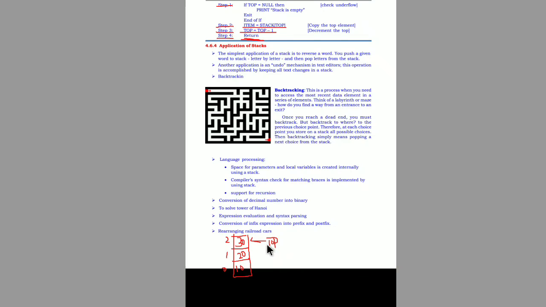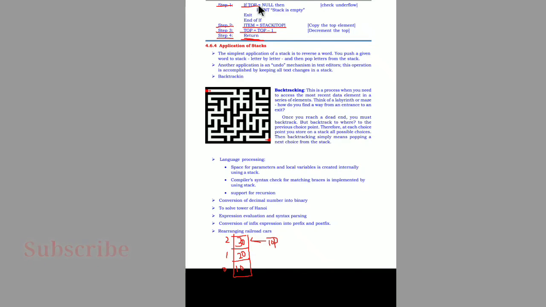So if you perform pop operation, which will be the element that is going to be deleted here? 30. Because 30 is the top element, if you perform pop operation, 30 will be the element that is going to be deleted. The lastly inserted element is 30 here, so that will be the first element to get popped out from that stack. So when you perform this algorithm on this stack, what happens?